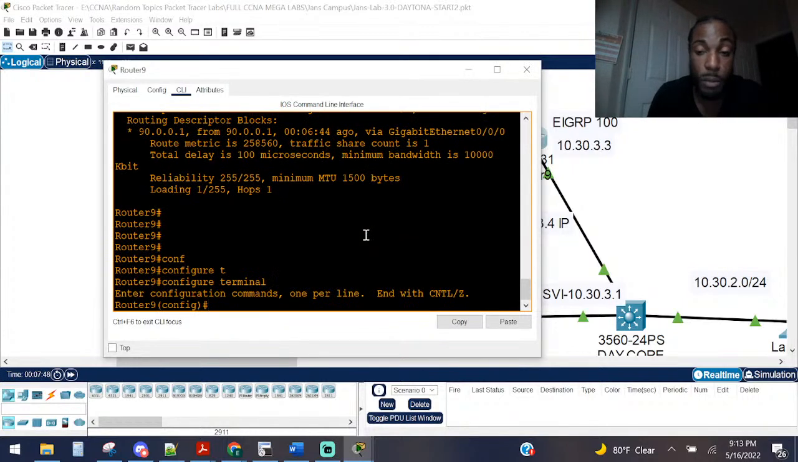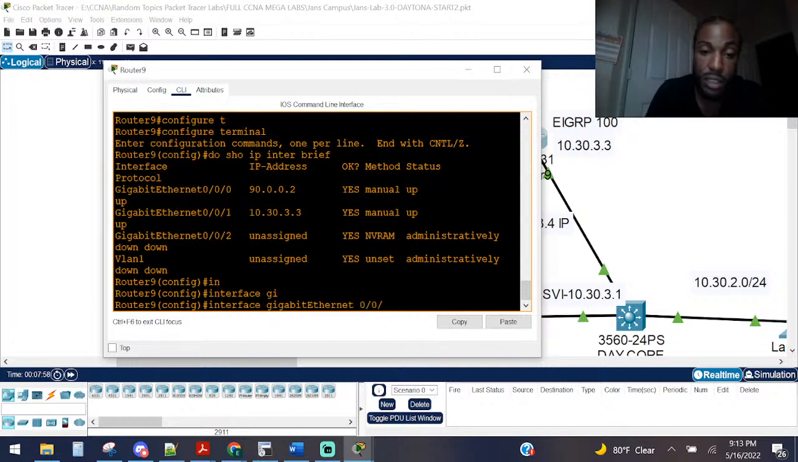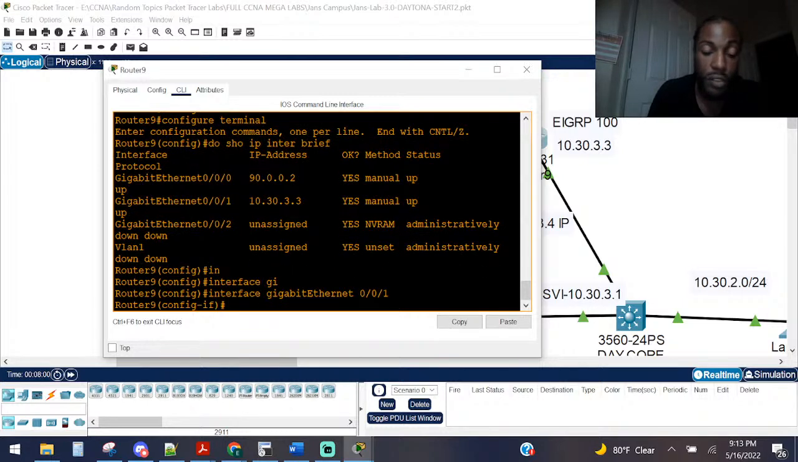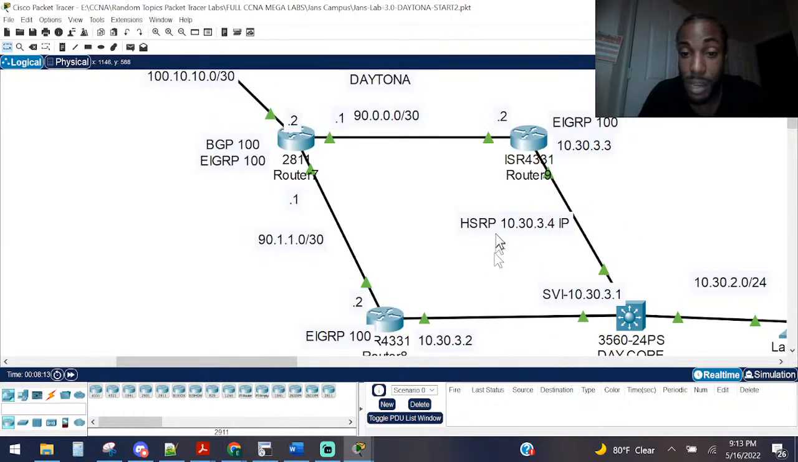So we're going to go to global config mode. Let's do a show IP interface brief and see what interface that is. The 10.30.3.x, so we have to do it on that interface right there. Interface gig 0/0/1, and then we remember the keyword was standby. Let's do standby group 5, just to be different, right? The IP address is already listed in the topology. That is the virtual IP, right? So these two are going to be sharing that virtual IP address,